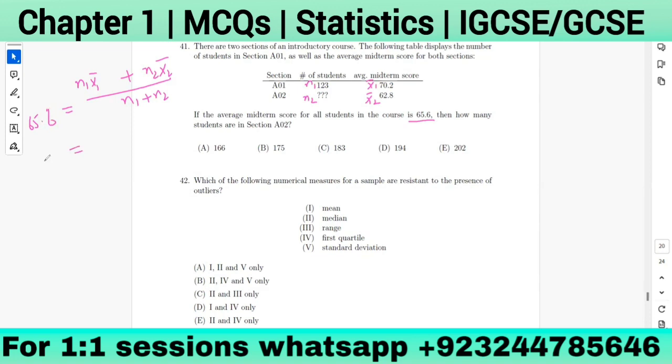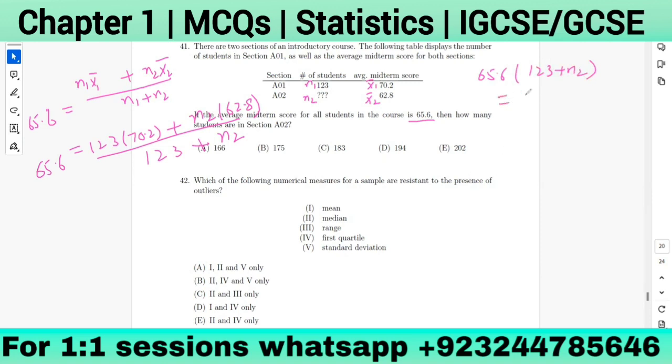So what is N1? 65.6. It's 123 and 70.2 plus N2, which is not given, and 62.8 divided by N1, which is 123 plus N2, which is not given. So we have 65.6 multiplied by 123 plus N2,